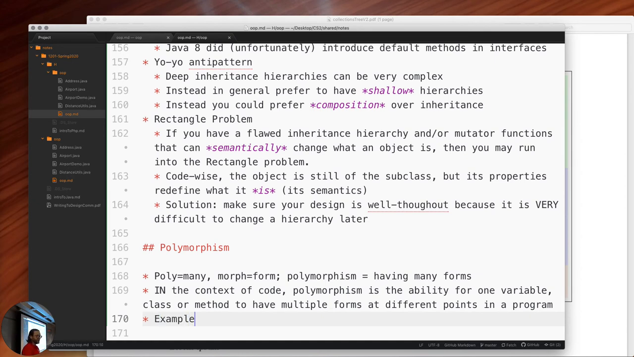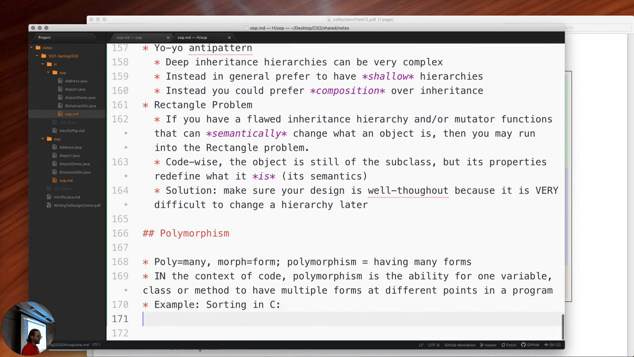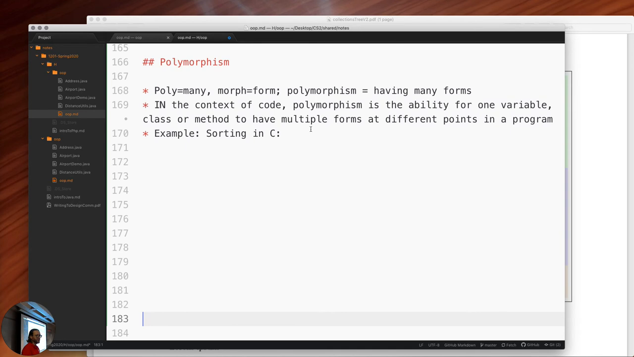For example, how do you sort? In C, what function did we use to sort? Qsort. In other words, we had one function that sorted anything, one function that had multiple forms. That function was able to sort an array of integers. That function was able to sort an array of doubles. It was able to sort an array of whatever, transactions. How did it work? By looking at